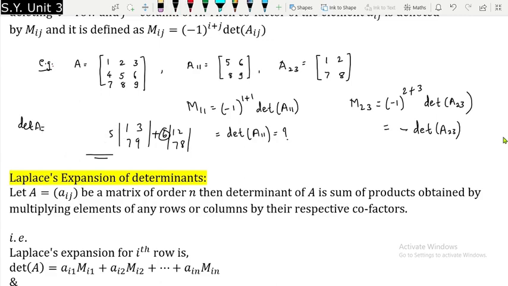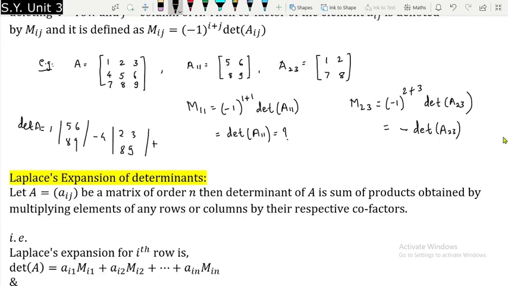Okay, so how can you use column to find determinant? I will give the example of first column. So 1 determinant of, and you will get 5 6 8 9, plus minus, actually minus 4 determinant of, so what is left out, 2 3 8 9, plus 7 determinant of, what is left out, 2 3 5 6. So now you can see these entries are of first column. So now I have used first column to find the determinant.